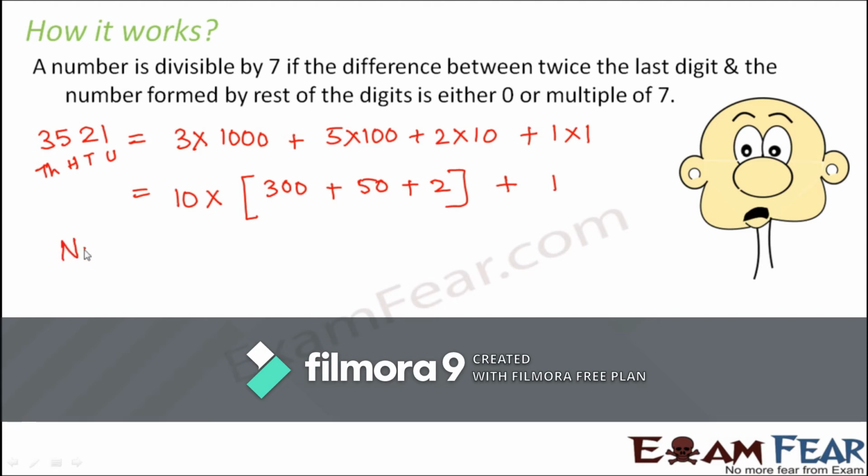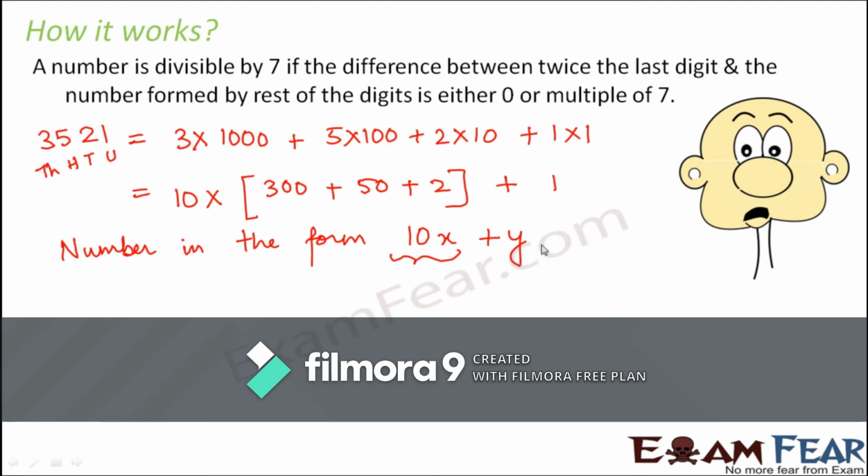So basically the number has been written in the form 10x plus y. That is 10 into this entire part, which is considered as x, plus y. What is y? y is the last digit, that is the digit at the units place. So this number has been written in the form of 10x plus y. Now what we have to prove? We have to find out if 10x plus y is divisible by 7 or not. Right? So how can we handle this 10x part more smartly?